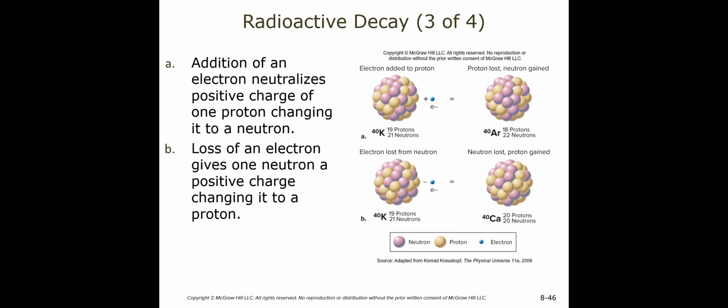So, okay. If you take an electron, such as from this potassium-40 here, and you take it away from, actually, let me read this. The addition of an electron neutralizes the positive charge of one proton, changing it into a neutron. And the loss of an electron gives one neutron a positive charge, changing it to a proton. So this is a conversation about